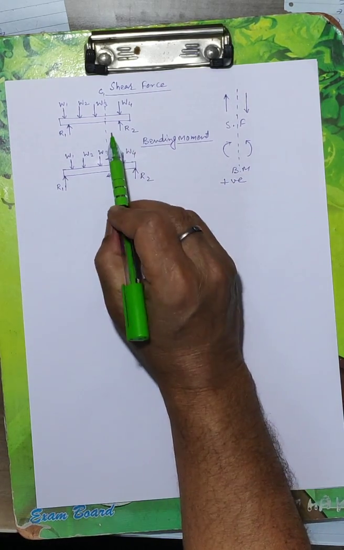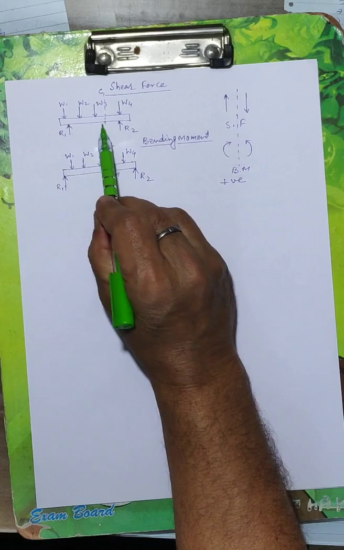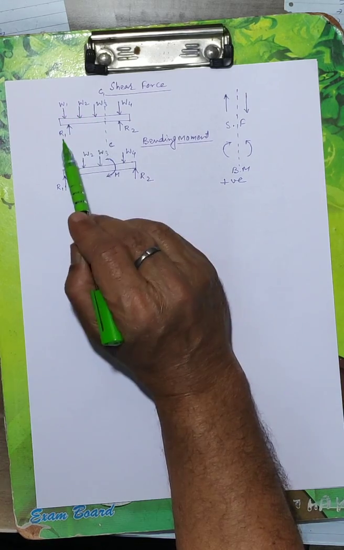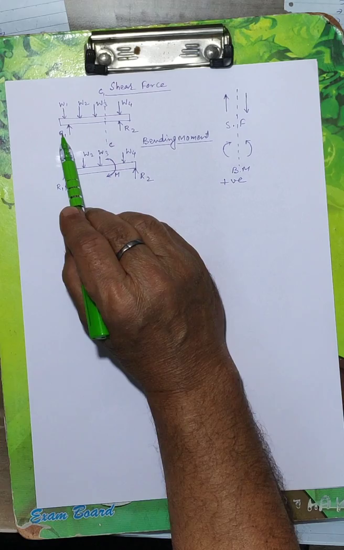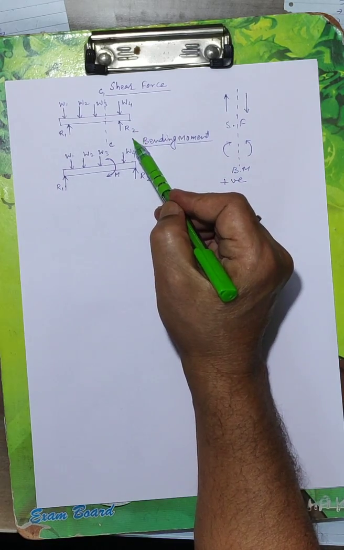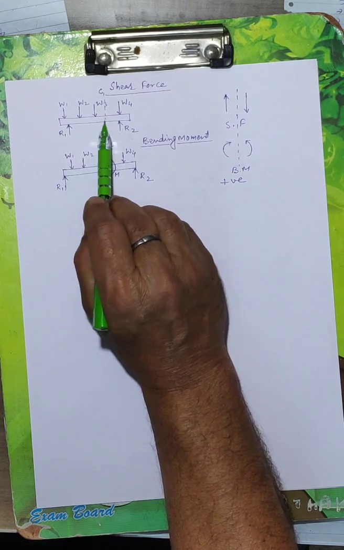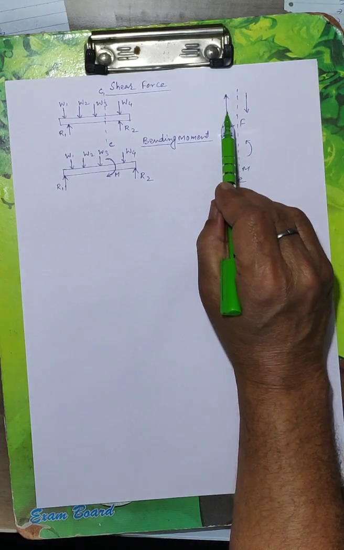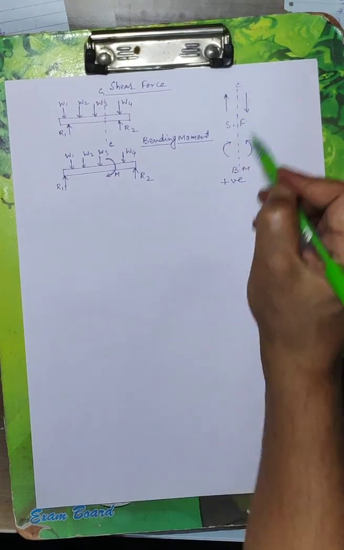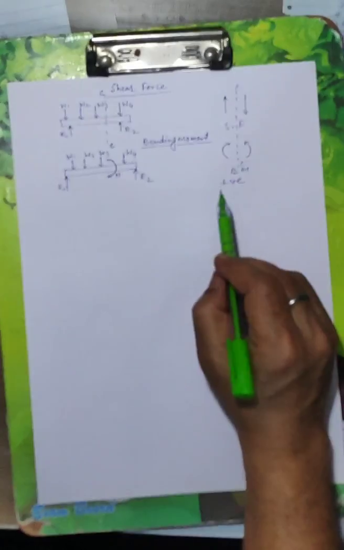Again, listen. Shear force at any section is equal to the algebraic sum of all the forces. Here is W1, W2, W3 and R1, all the forces left side of this section, or right side of this section, that is W4 and R2. If the algebraic sum of forces on the left side of section CC comes upward, then